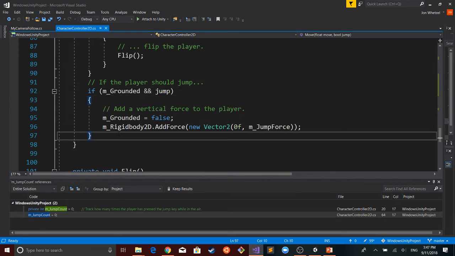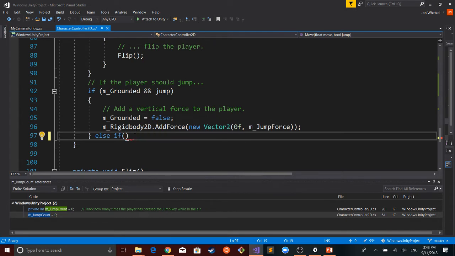But now we have this new condition where we're in the air, and we want to see if we can still do another jump. So in this case, can we still do a double jump? And so let's add another condition. So I'll say else if.